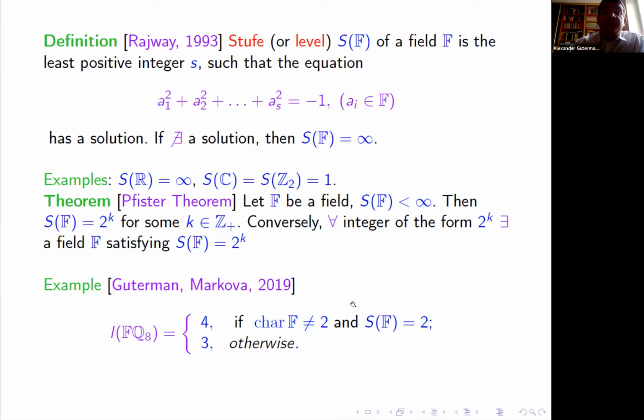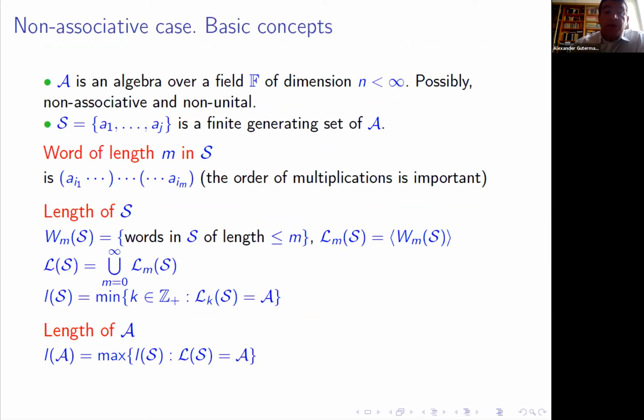But it turns out that if the level of a field is 2, we have one value of the length of the group algebra and another value otherwise. Well, now